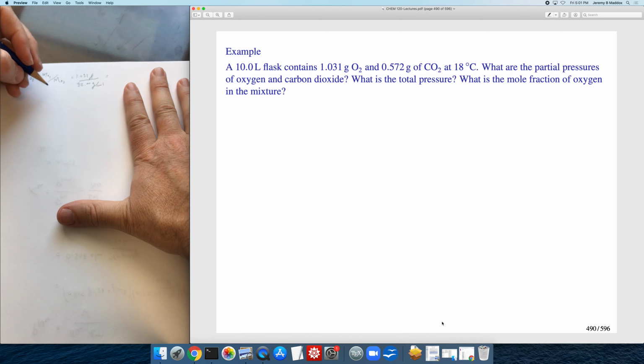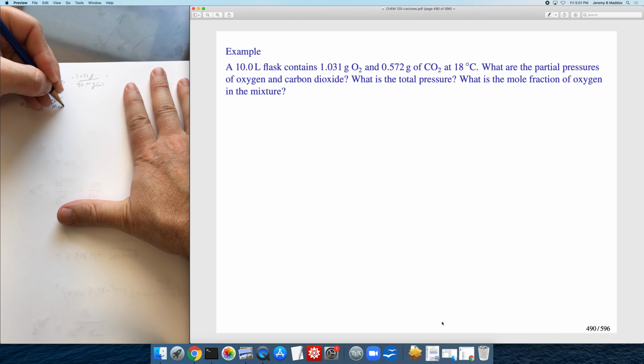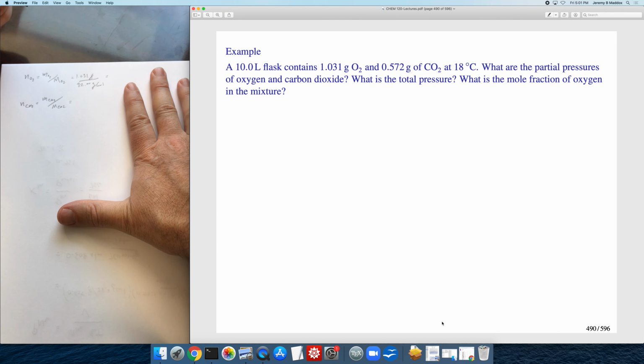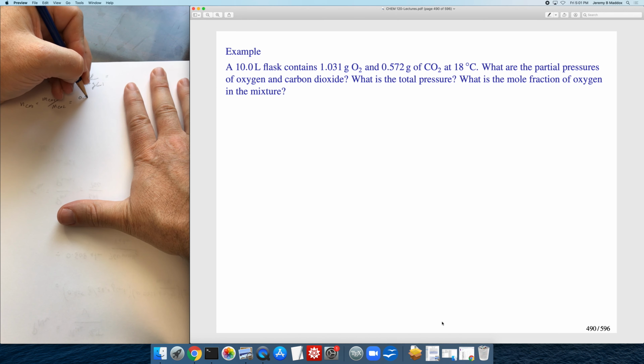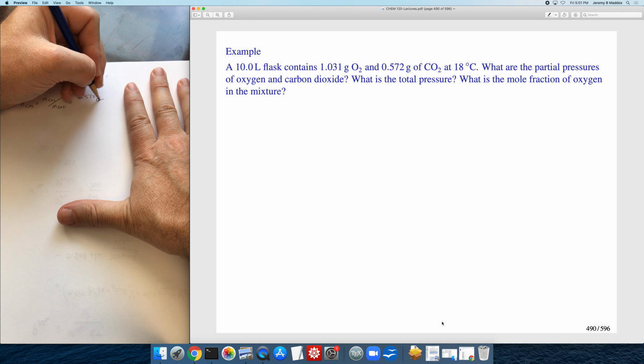We'll do the same thing for the CO2, mass of the CO2 divided by the molar mass of CO2. Here we've got 0.572 grams divided by